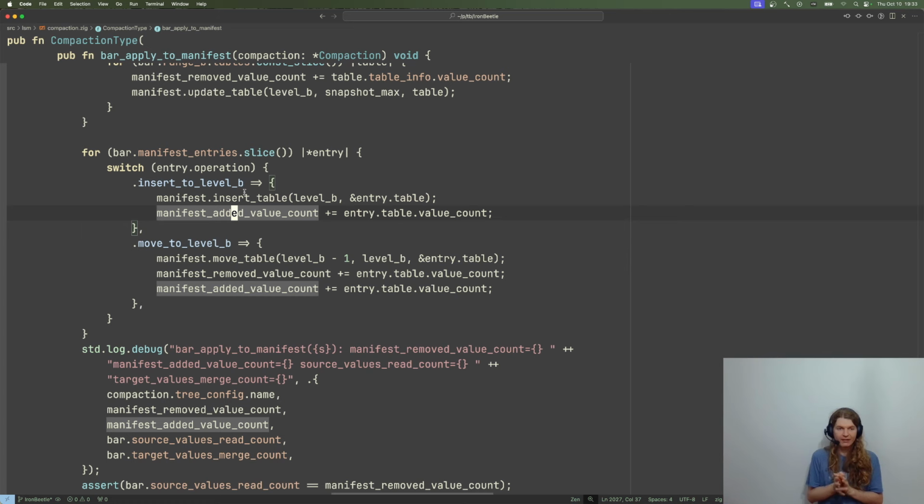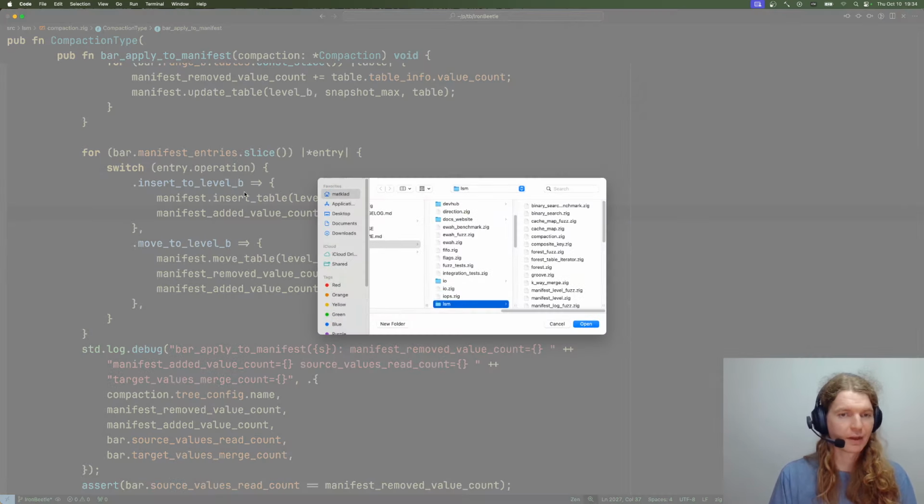Okay, so we haven't yet updated our root pointers on disk. So although our in-memory data structure points to the new set of tables, if at this point we crash and restart, we'll restart with our old state of data on disk, which is again not a problem because nothing is destructive and everything is deterministic. So although we will redo some work, the results are guaranteed to be exactly the same. Okay, so this means that